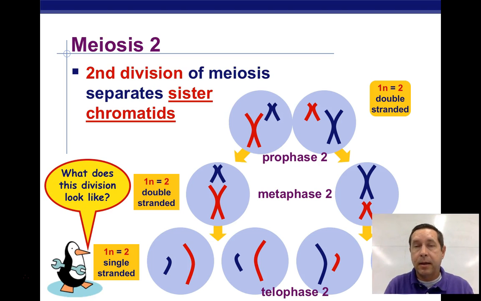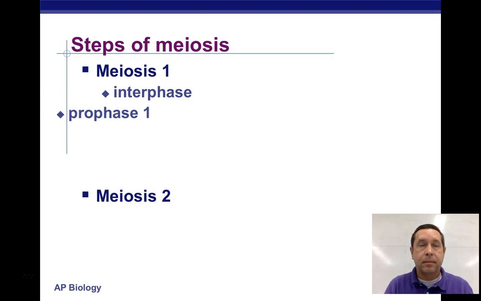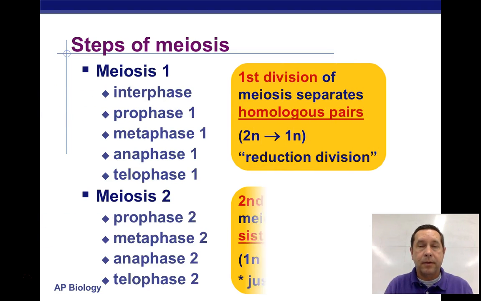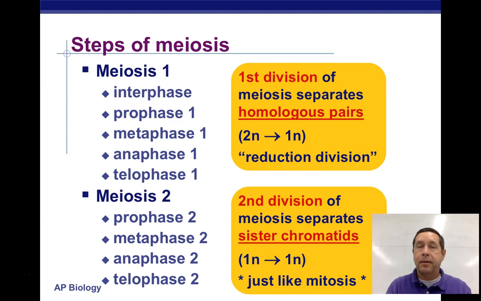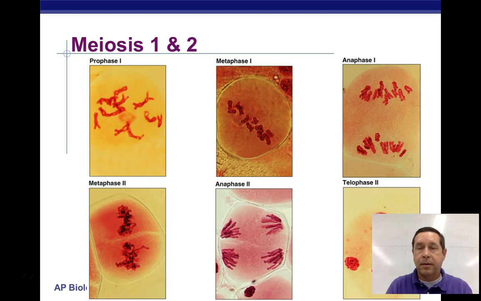This is very much like mitosis. But instead of mitosis, we end up with 4 daughter cells, and they're not genetically identical because of some rearranging that goes on. And it's only going to be sperm or egg cells produced this way. Here's kind of just a review of what this looks like here. Okay. Here's some actual photographs of the